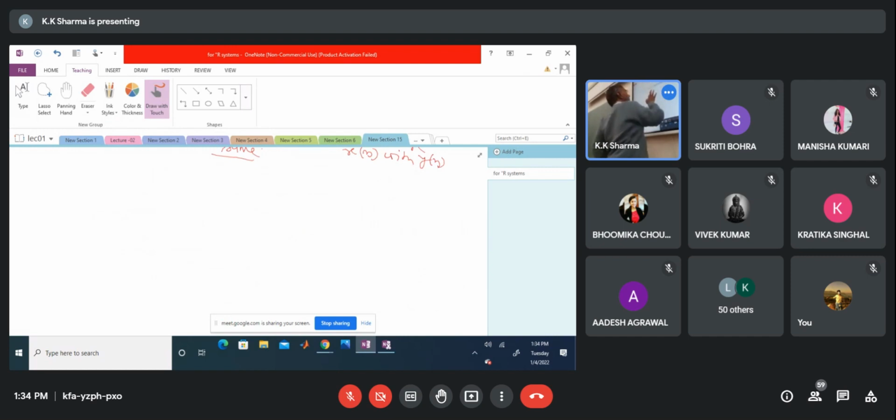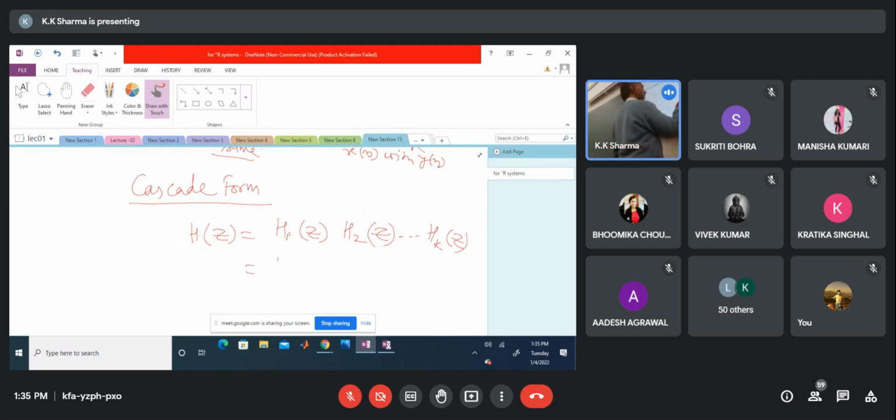Now coming to the cascade form. In this cascade form structure, your given system function is decomposed into multiplication of a number of factors, H1, H2, H3, H4 up to, let us say, k number of factors. So you need to factorize the numerator and denominator polynomial for implementing the cascade form.